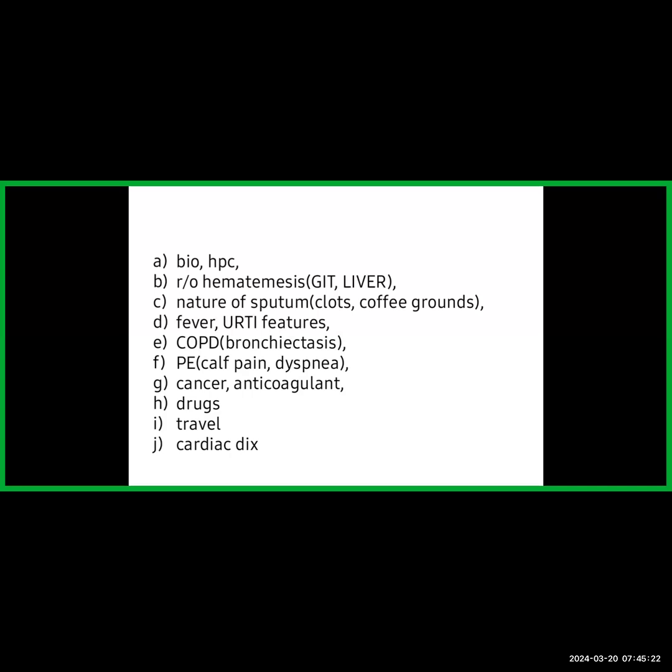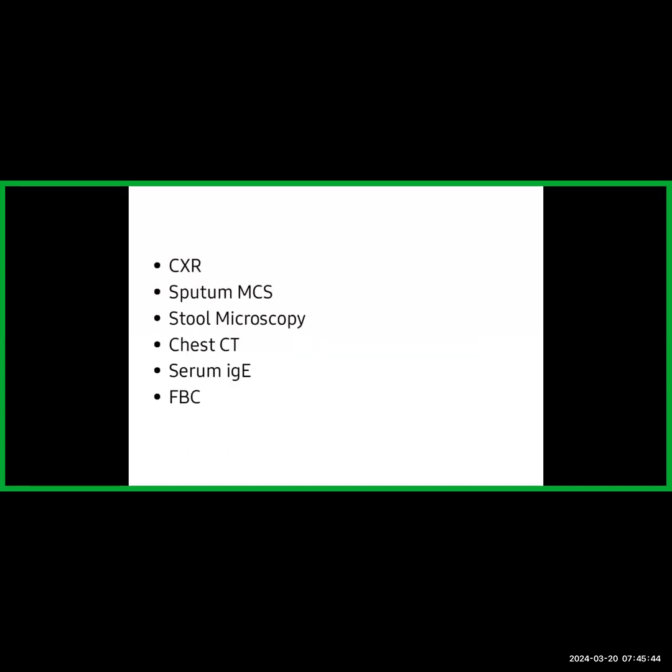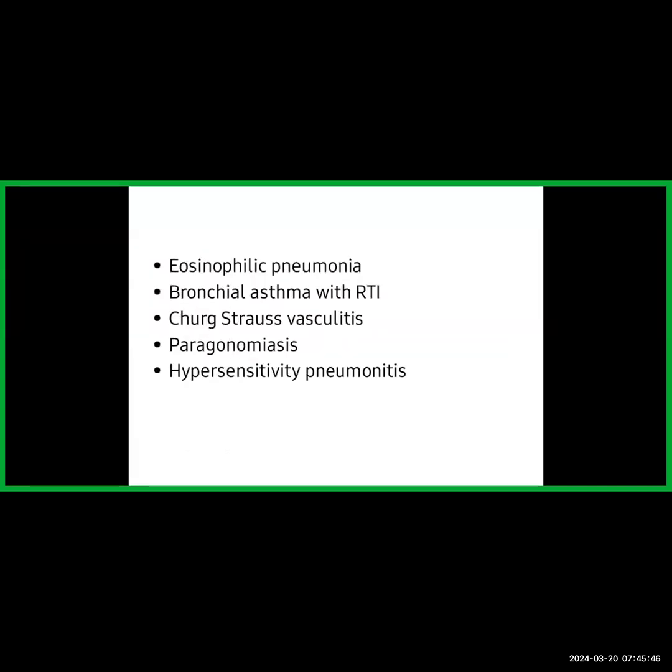Then I want to rule out cardiogenic causes of hemoptysis as well by asking questions that rule out shortness of breath on exertion, leg swelling, and then also if the sputum is frothy pink, which is characteristic of cardiogenic hemoptysis. I think that's all I'll ask for now. And then the next part of the question